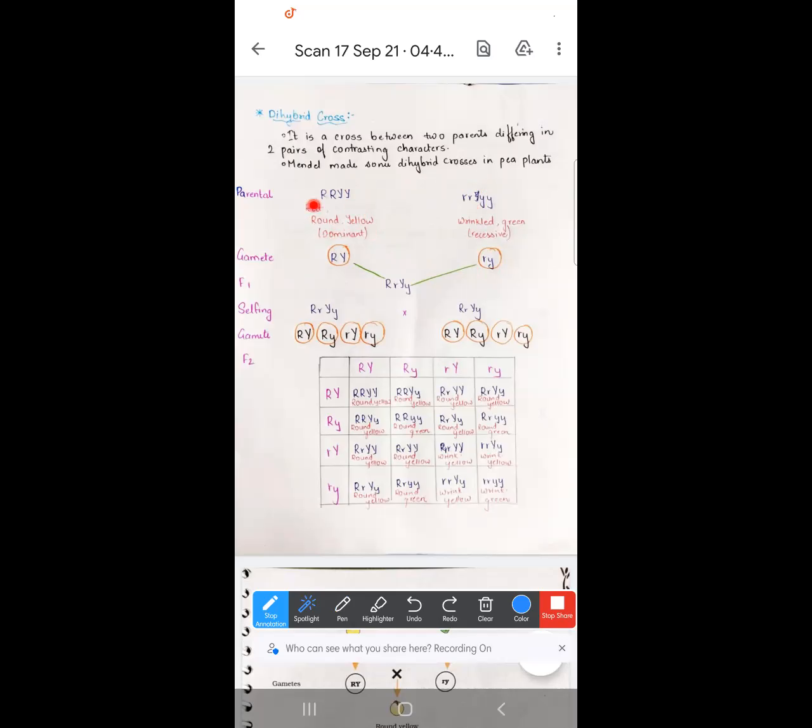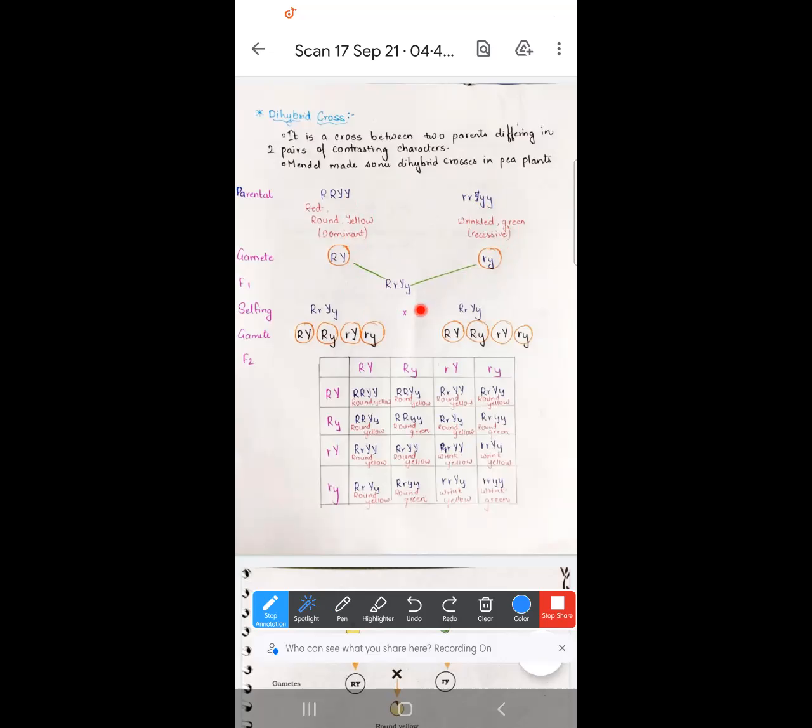This is dominant and this is recessive. The gamete of the dominant parent will include capital R and capital Y, and the gamete of the recessive parent will include small r and small y. On mating these, we get a